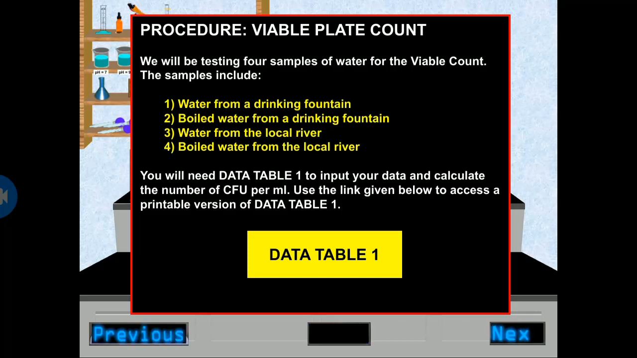There are four samples that we are going to test in this simulation, which are water from drinking fountains, boiled water from drinking fountains, water from a local river, and boiled water from a local river. Okay, per meal is the link. Okay, so